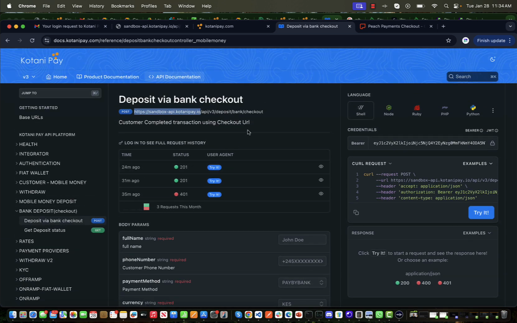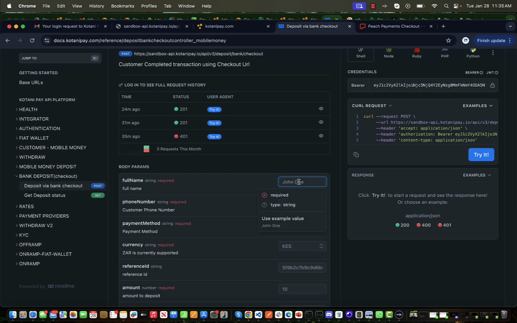I would then go ahead to ensure that I direct my user to a payment checkout link. To get a payment checkout link from Kotani Pay, you would quickly need to make a POST request to this particular endpoint by filling these parameters. So I'm going to go ahead and input my user